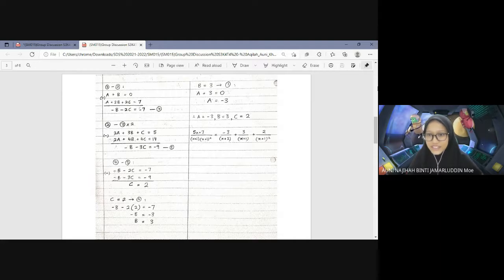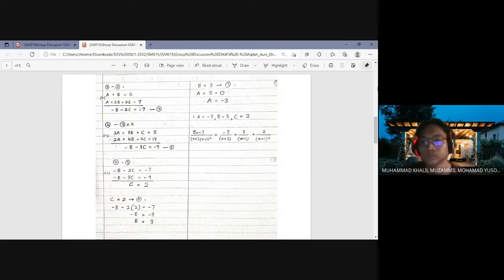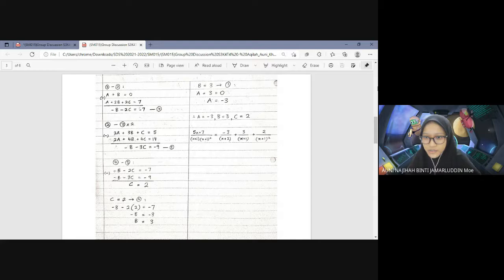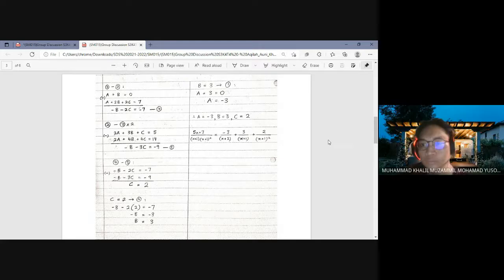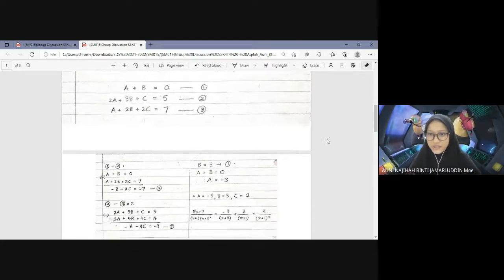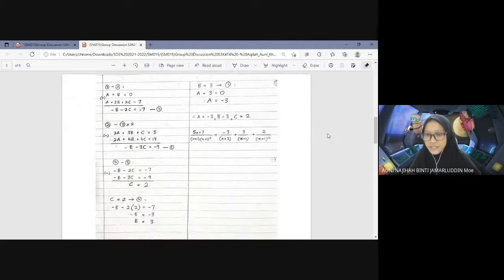And then the last part, b equals 3, substitute into equation 1. So equation 1 will be a plus 3 equals 0. So a equals negative 3. Hence, a equals negative 3, b equals 3, c equals 2, and then